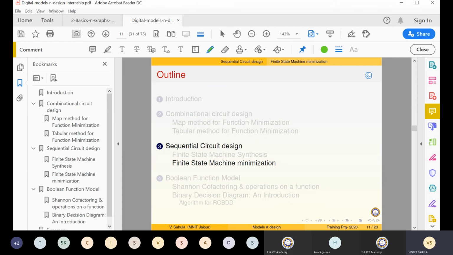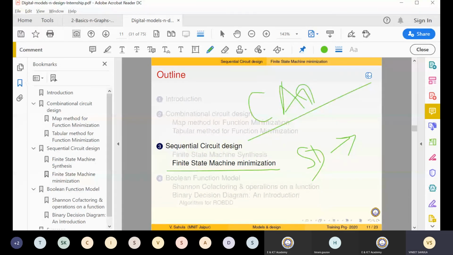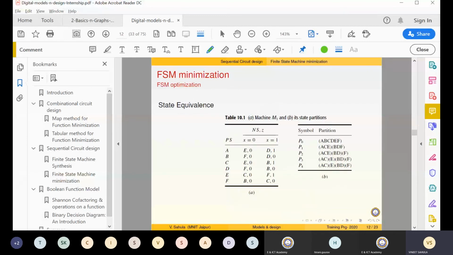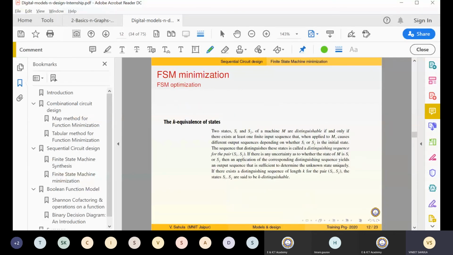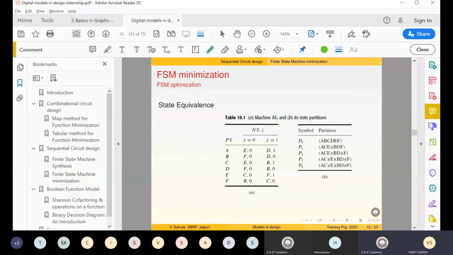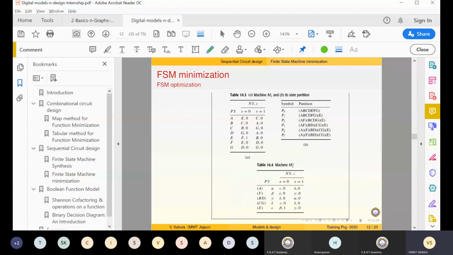The optimization here is, given a finite state machine or state diagram, I must reduce it, having a lesser number of vertices and a lesser number of edges. Then only implement it. That minimization is part of the synthesis tool. CAD will do it. The algorithm we are not taking. If you have this state, it's going to be reduced, and we have a table method of doing it.